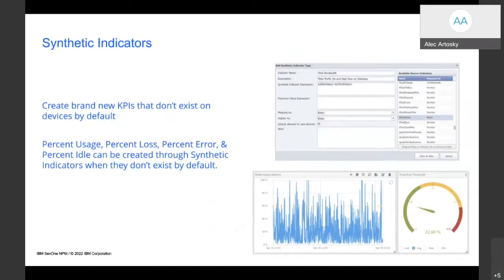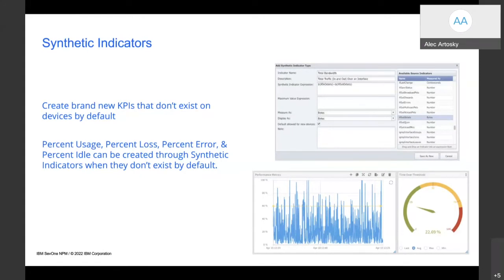And this is another component of SevOne that I think is really valuable and important, is that you can actually build your own metrics inside SevOne. So using something like synthetic indicators, we can take data sets that we're collecting from a MIB as an example, and actually build our own customized data set. So the example that we use here is combining in and out traffic to build a total bandwidth metric. I can take two data points, add them together to create another data point.